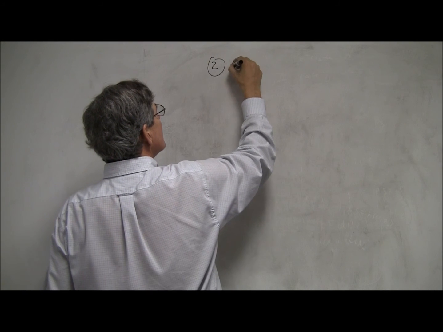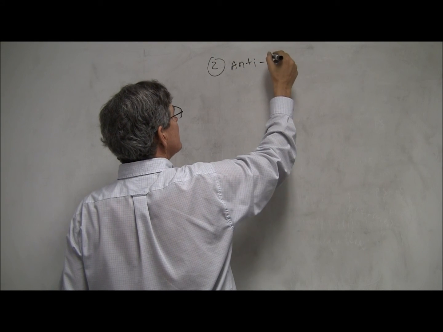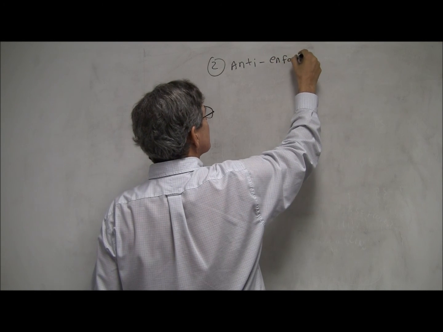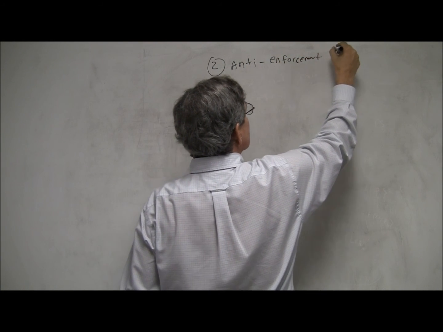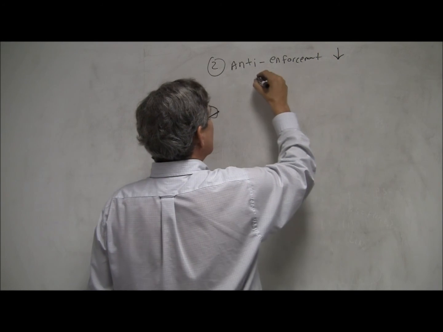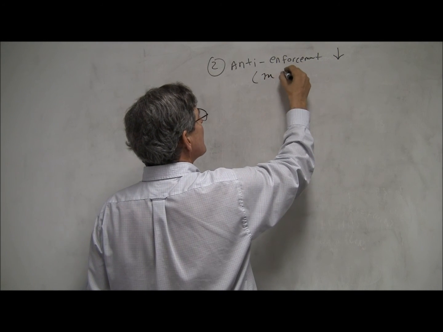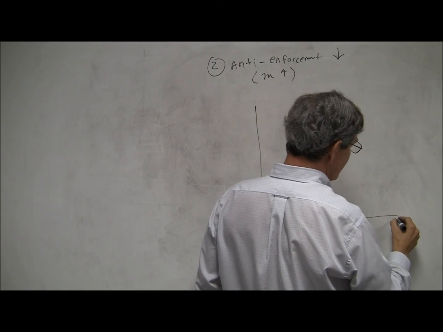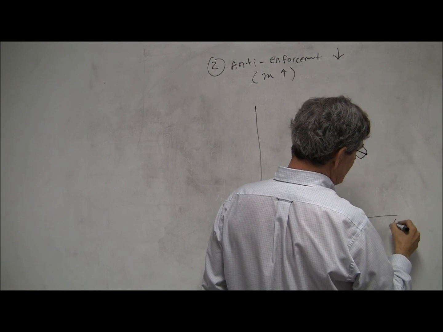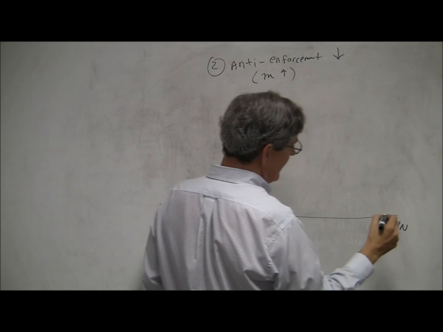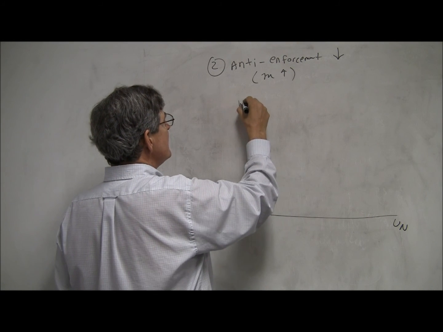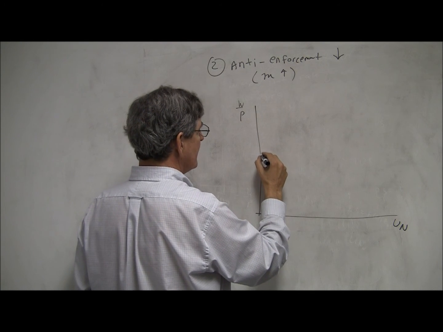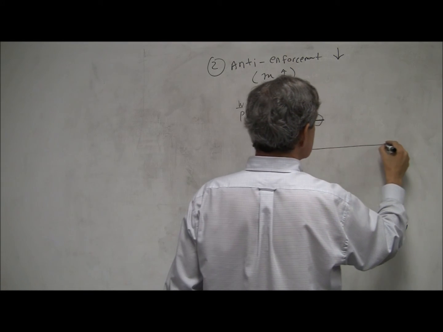Suppose that a new administration is elected and antitrust enforcement is less stringent, goes down. That's equivalent to M going up. What would that do? Because we're not going to enforce the antitrust laws as stringently, that's going to cause M to go up. So that's going to cause, here's